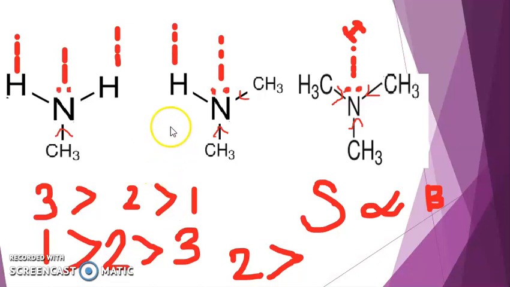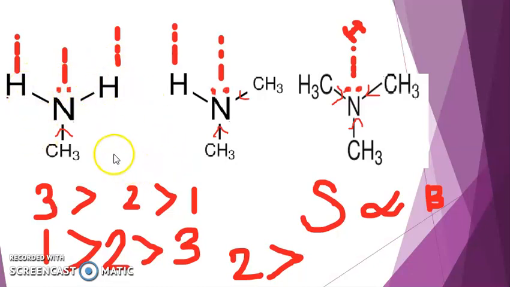Let's go to the second one, the solvation effect, because we are checking in aqueous solution, so it involves hydrogen bonding. We have to check the solvation effect also. Here hydrogen makes a bond with the nitrogen because of the lone pair of electrons. In the secondary amine, the nitrogen makes a bond here and here also. If you see the primary amine, there are three bonds.